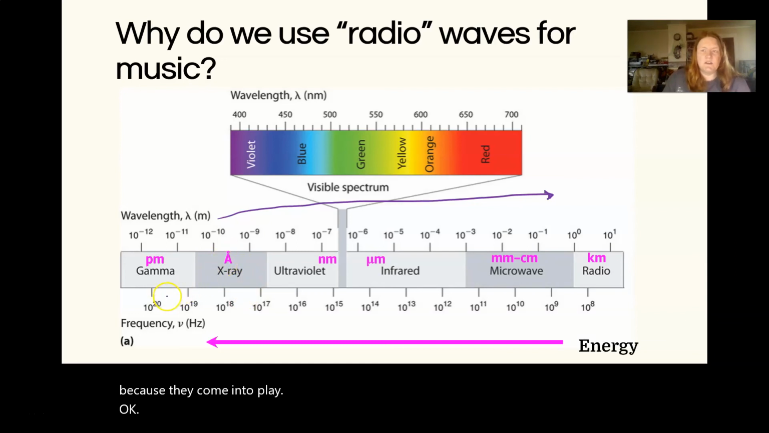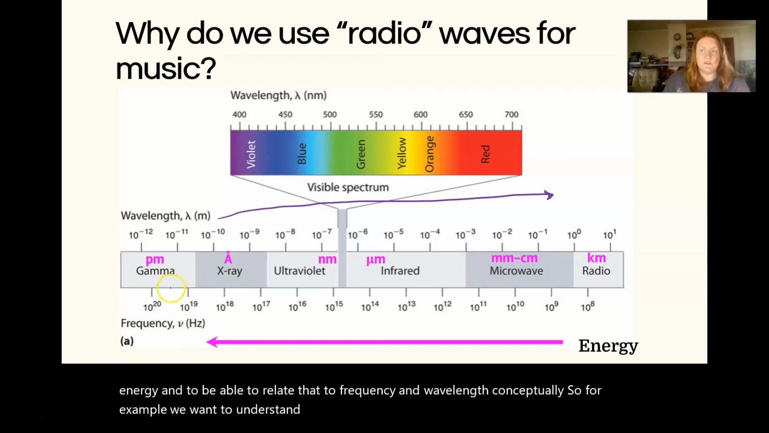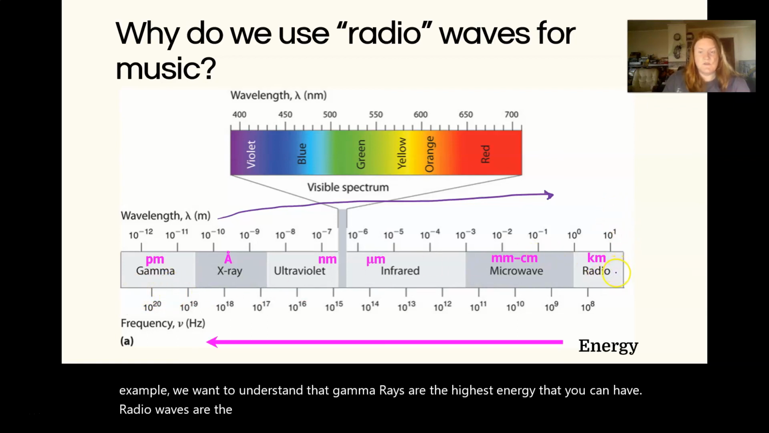It's a good idea to have a general idea of what kinds of light have high energy versus low energy, and to be able to relate that to frequency and wavelength conceptually. So for example, we want to understand that gamma rays are the highest energy that you can have. Radio waves are the lowest energy that you can have, and everything that happens in between. So in lab,